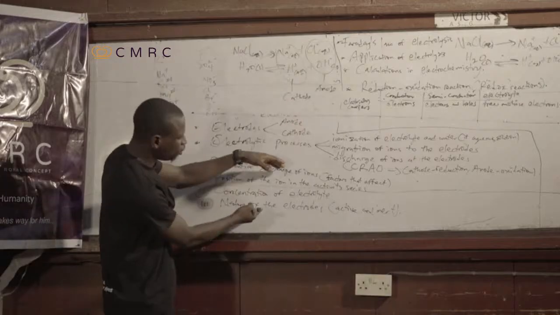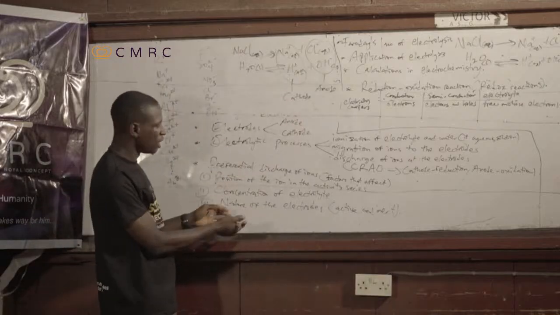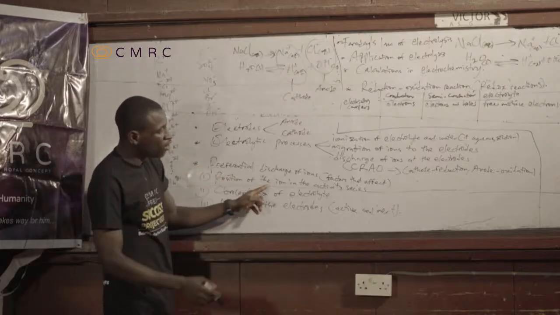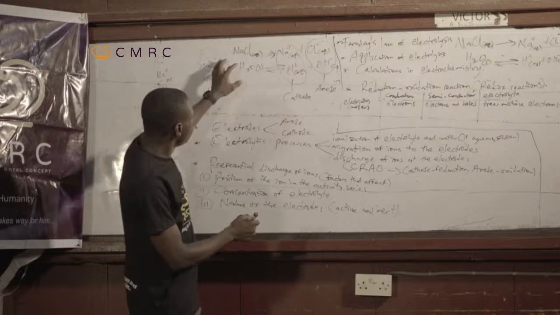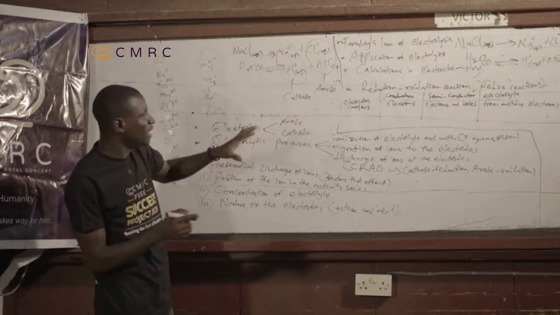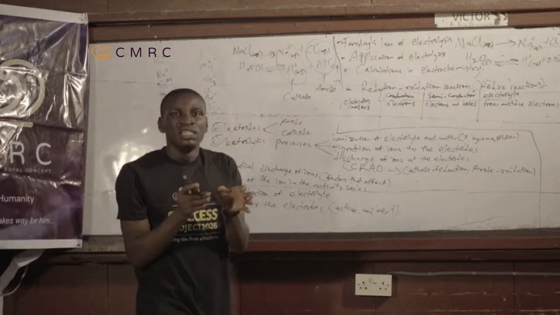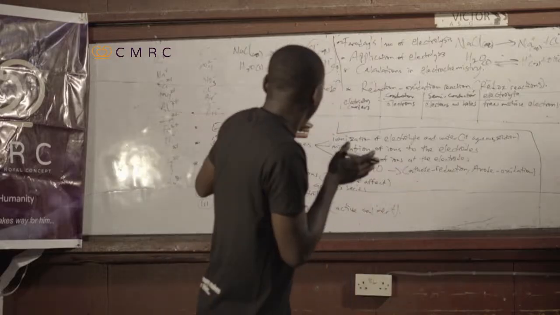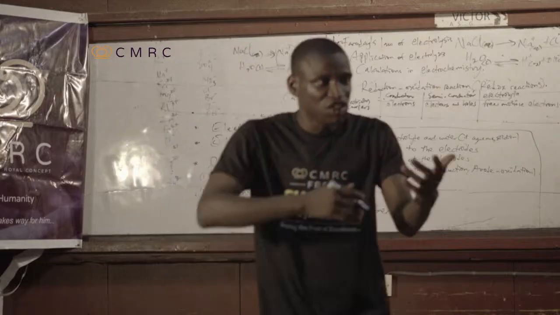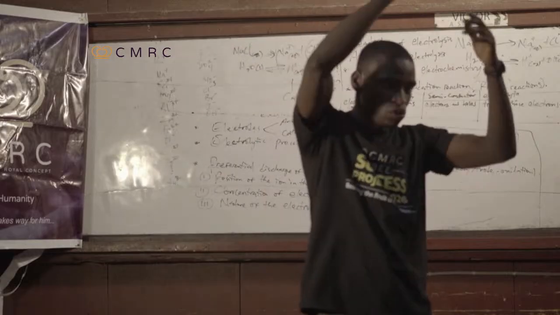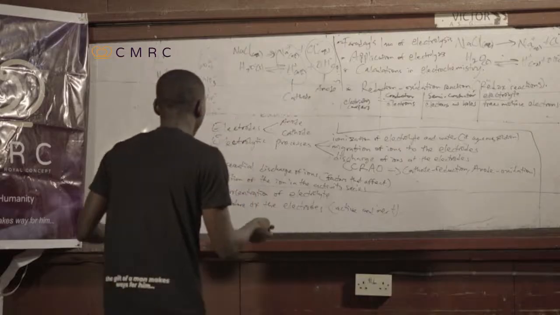So you now come to your factors. You'll be considering all these factors. We have factor number 1, position of the ion in the activity series. Check the ions that you are dealing with and then check the activity series. The ions that are below in the activity series have a higher chance of being discharged at the expense of those ones that are above. Now, for example,